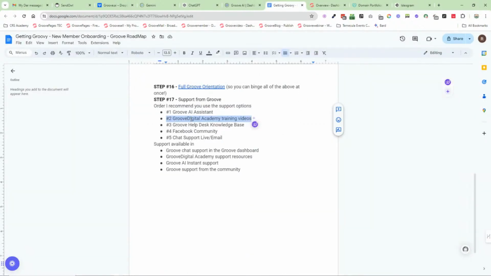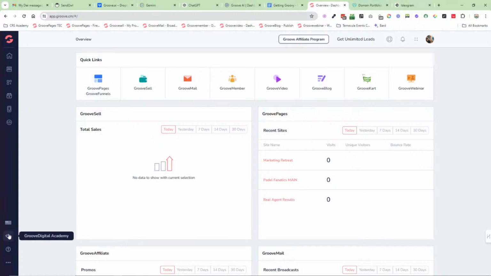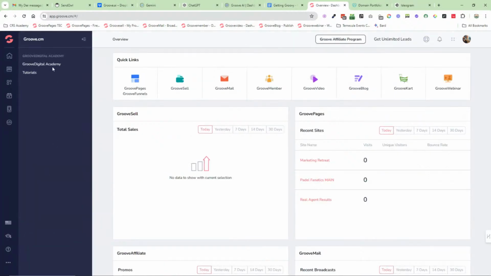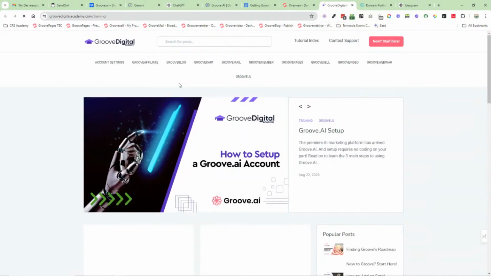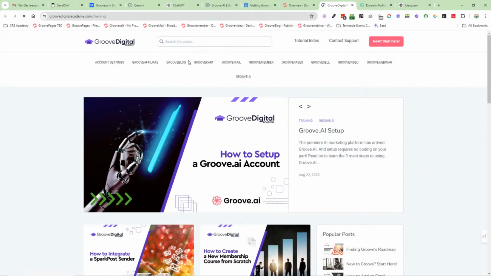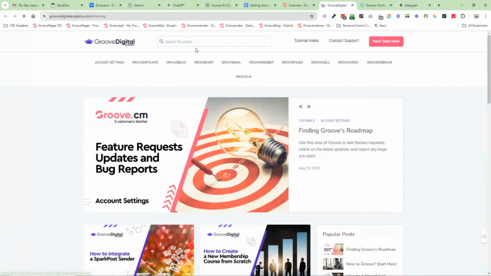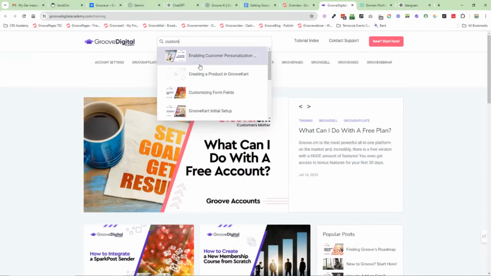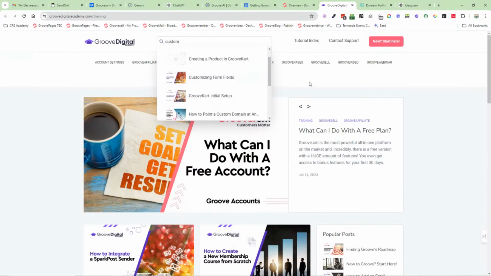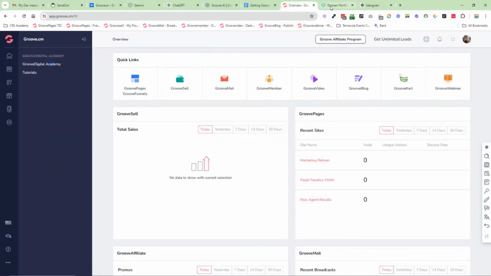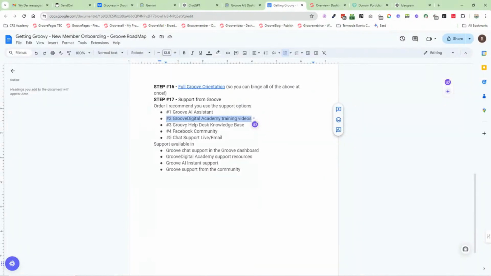The second place to go to is the Digital Academy. Down in the bottom corner, the teacher's cap, open up Digital Academy, it opens up a new window. Now you can either search through app specific, or you can go in here and start to type, and it normally will give you a drop down of all the ones that I'm searching for. Boom, you've got your answer within 3 minutes.